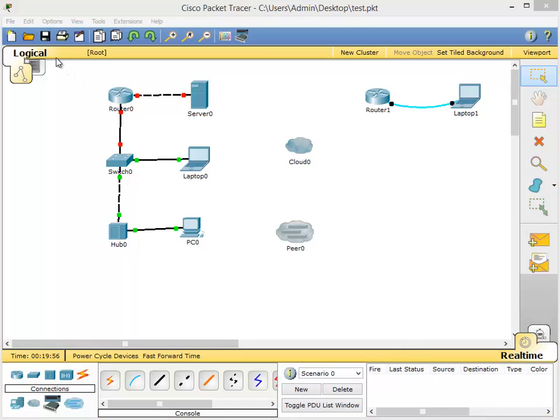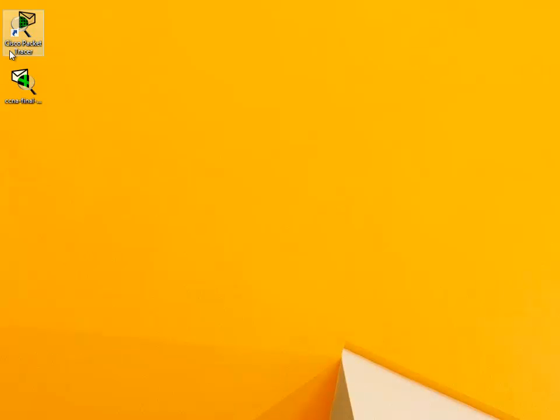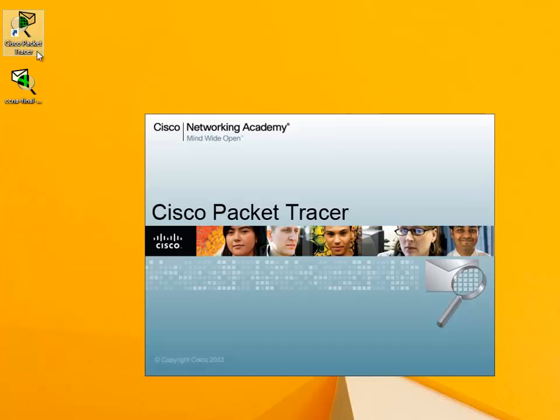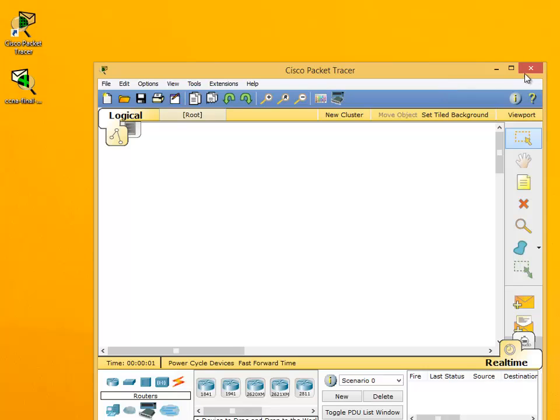Now, for example, if we say that this one is a test, which I did, it will appear on the desktop like that. So it's a bit different from the icon of Packet Tracer. If you click this, it will open a brand new Packet Tracer. If you click the other one, it will open the one that we had before. Okay, so